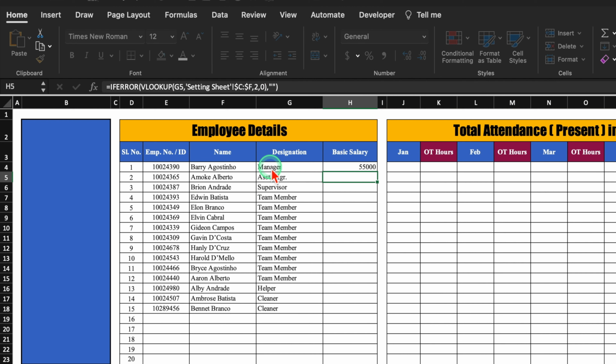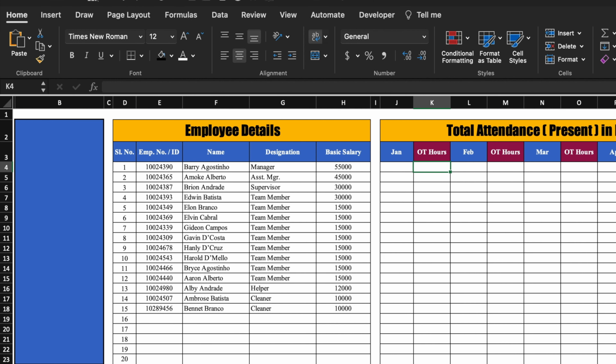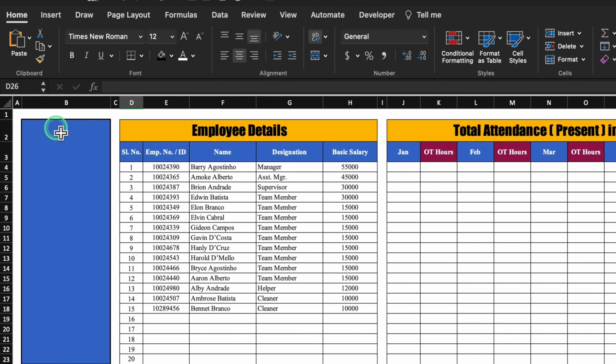I'll hit enter and we'll drag it down. We'll take all the things in center. Over here we will have to insert the total attendance and over here we will have to insert overtime hours. This is till December. On the extreme left hand side we will create buttons so that we can jump from